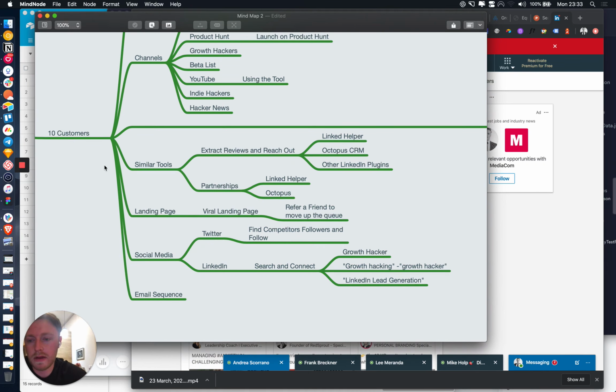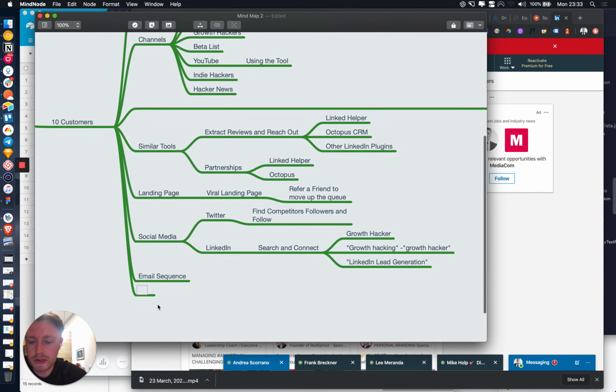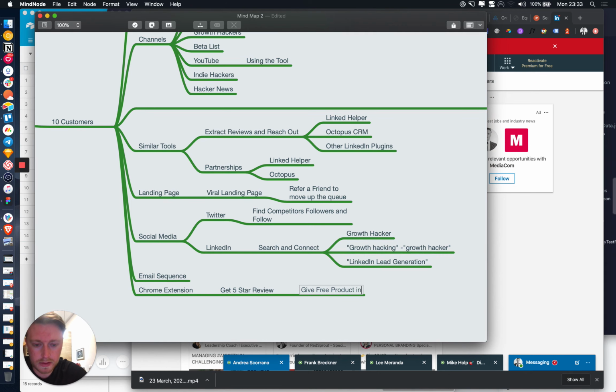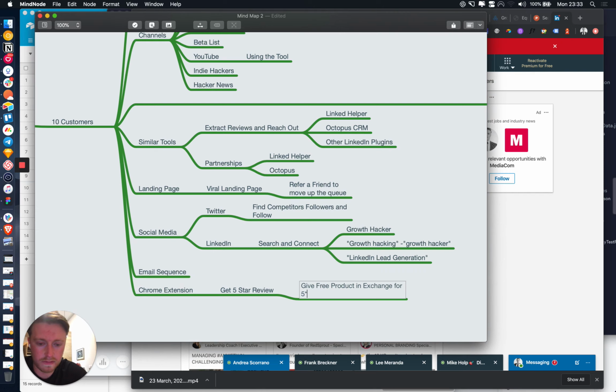Another really important thing: this plugin is going to be a Chrome extension. So what we actually want to do is get a lot of good reviews. Give free product in exchange for a 5 star review. You're influenced quite a lot based on how many reviews you have of a plugin in the Chrome extension store.